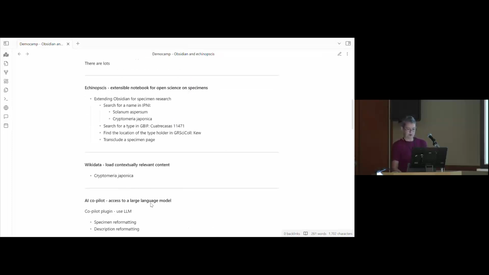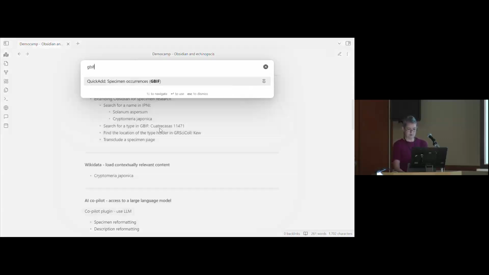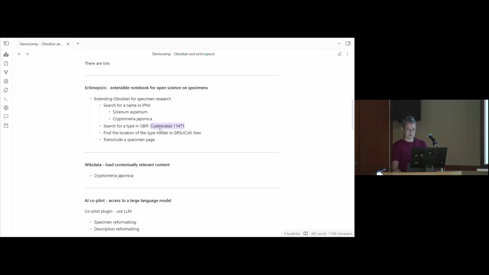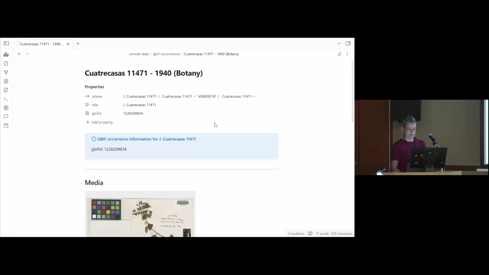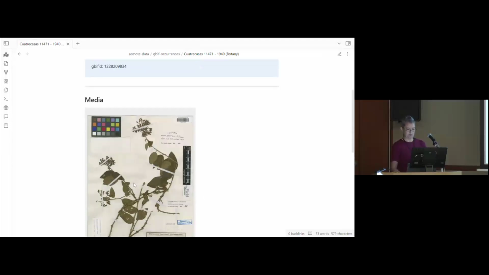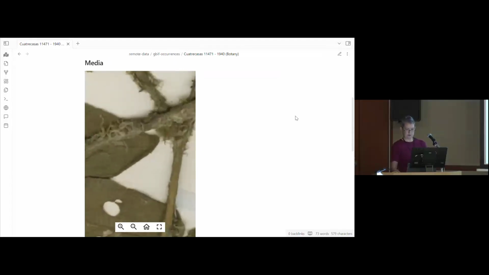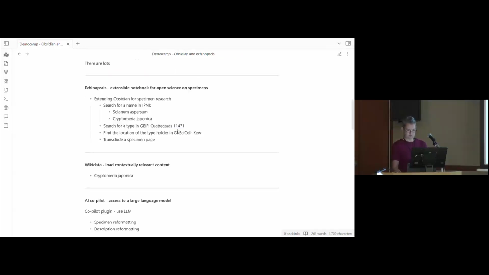I can search for the type. And I can grab the data from GBIF, and I get a nice, zoomable specimen image here. And I can look at where a specimen might be held